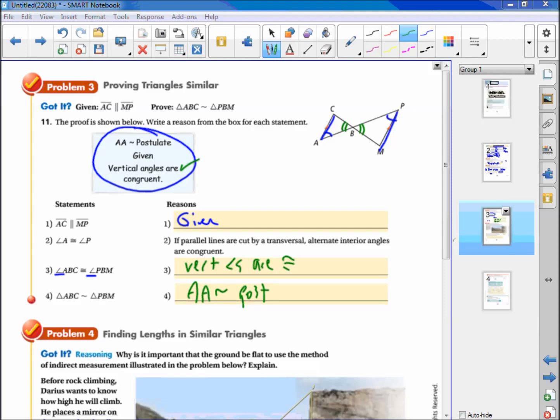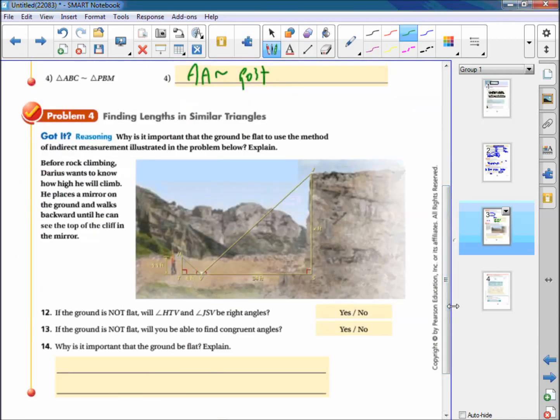All right. Problem number 4, finding the lengths in similar triangles. So we have a picture here. There's a climber here. He wants to figure out how tall he has to climb up this cliff here. So what he does is he walks backwards. He puts a little mirror here. He lines it up so that when he looks in the mirror, he can see the top of the cliff. And then he uses the height of his eyeballs, where he is looking in the mirror, and then the distance he is from the mirror, and the distance the mirror is from the cliff to make similar triangles and find